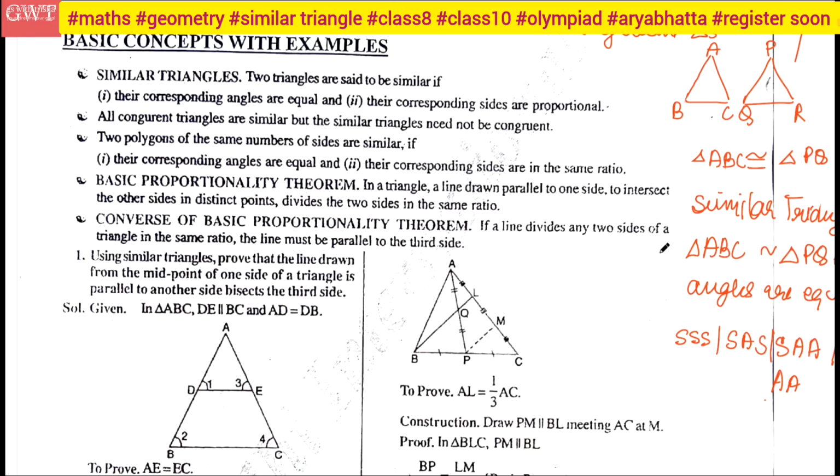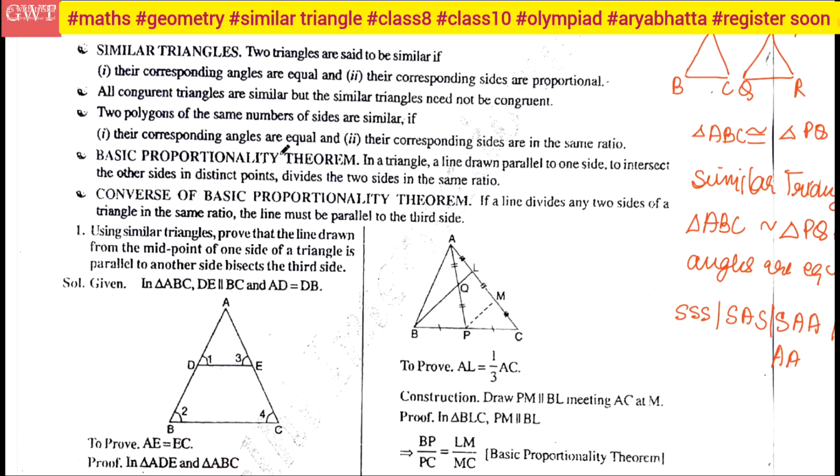So the very first and very basic theorem is your Thales theorem or basic proportionality theorem. Okay, Thales theorem or proportionality theorem, for which I will first tell you the theorem, and then show you how to prove it. See, first is the basic proportionality theorem. It says that a line drawn parallel to one side of a triangle, to intersect the other two sides at distinct points, divides the two sides in the same ratio.